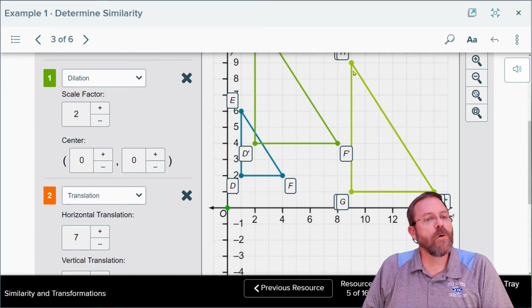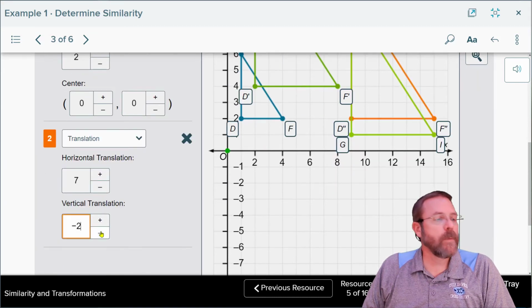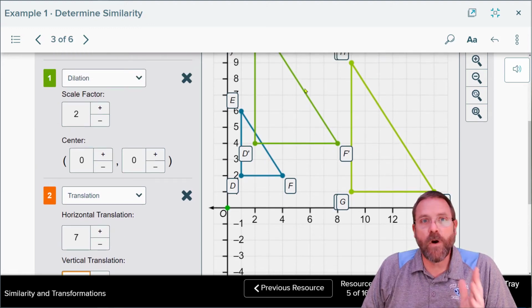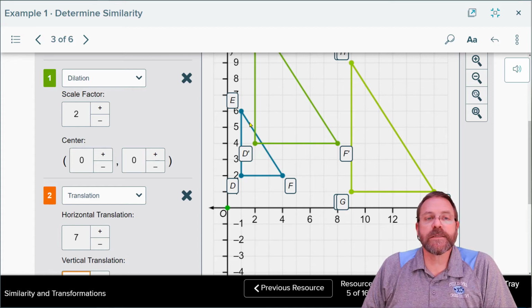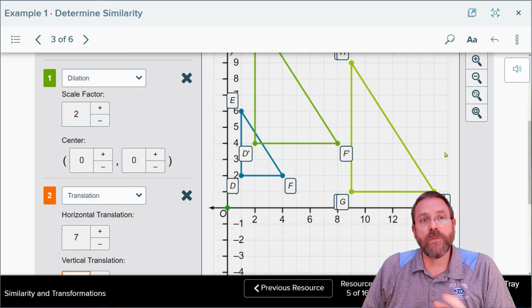It did move. You can see the orange sitting there on top of the other. So right now, see if I go back. Yep, see, it's there. So we have a perfect covering of the two of them. That means that these are going to be similar figures in size. They're not congruent figures because the original is smaller than the new one, but they are indeed going to be